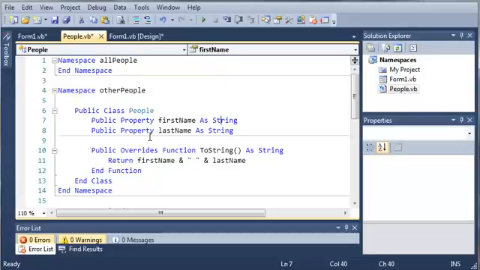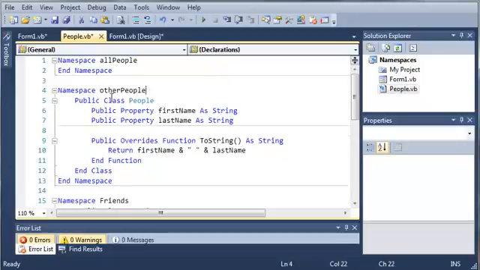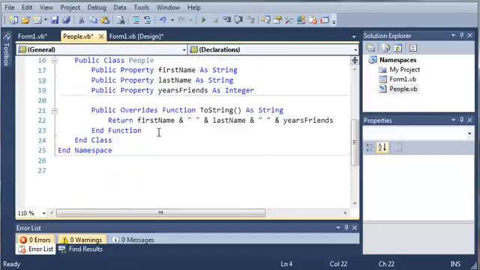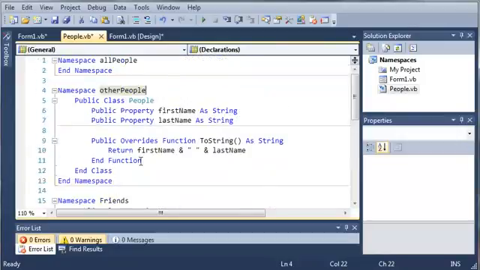Now, what we can do is we could take functions, or we could take classes, and put them inside of all people and allow all of the other classes inside of other people and friends to what's called inherit those classes from the all people. Now we'll be talking about inheritance in probably a couple tutorials from now. So let's go ahead and make some changes to this code so you guys know what I'm talking about nesting the